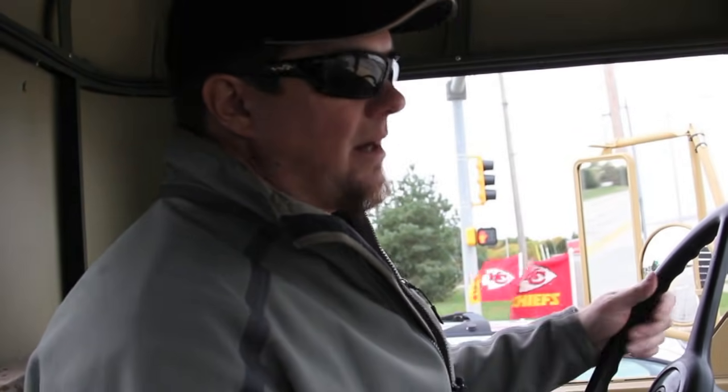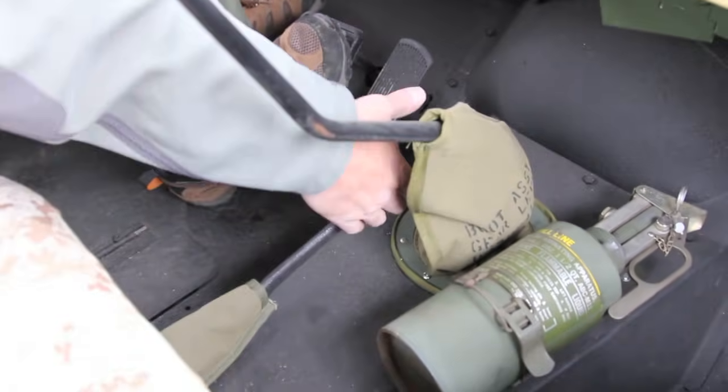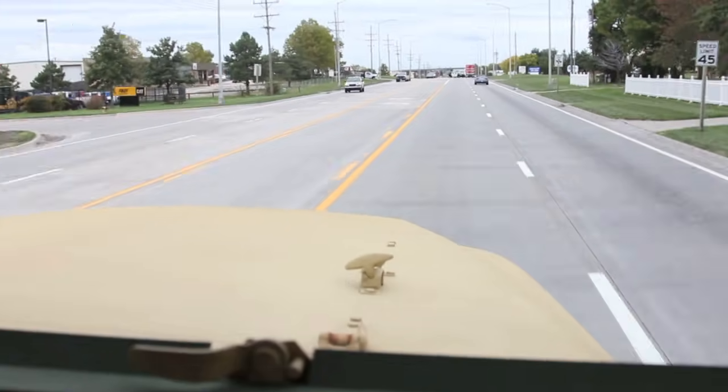That first little tidbit, we were running in 4 low. I had the transfer case in low gear. I'm gonna go ahead and pull it up, and I wanna show you the lever here. You pull that up, now you've got a set of high gears. So really,